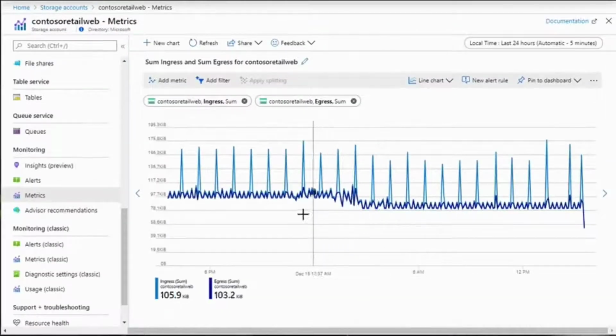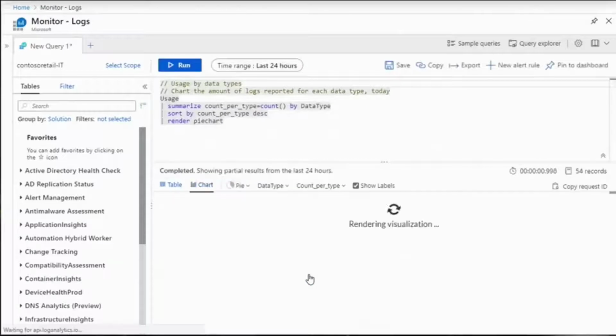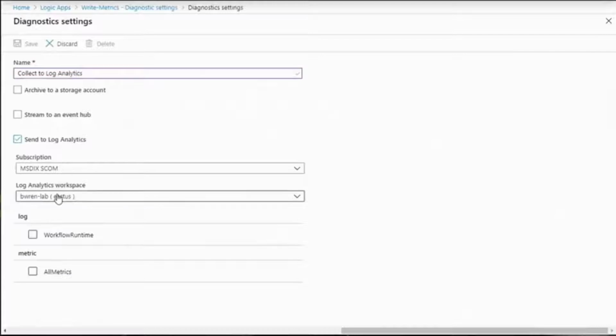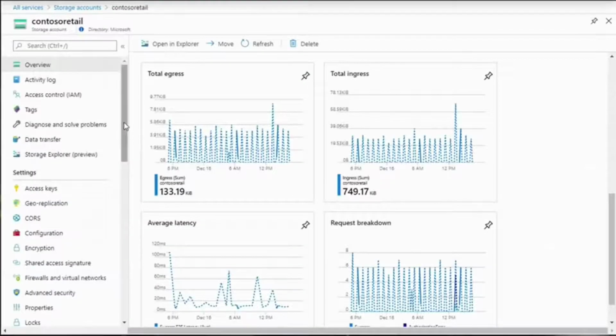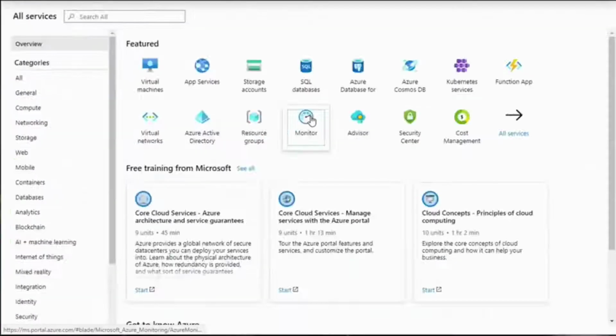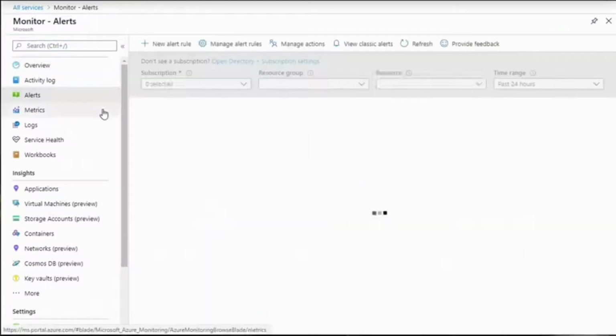Metrics are automatically collected that measure its performance, and logs are collected that show the activity in your Azure subscription. With a little configuration, you can collect more detailed logs that give you further insights into your resource's operation. You can access much of this information from each resource's menu in the Azure portal, or go to the Azure Monitor menu to access a wider set of features and to work with monitoring data collected across all of your